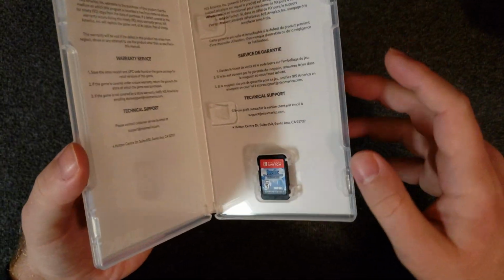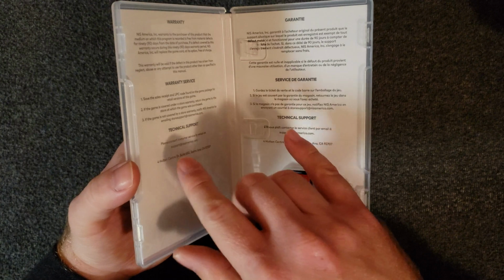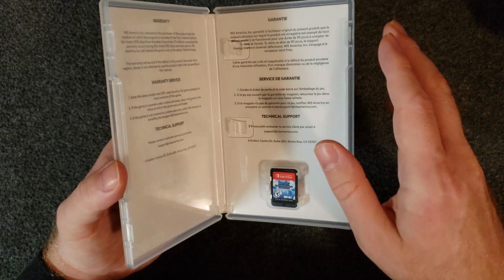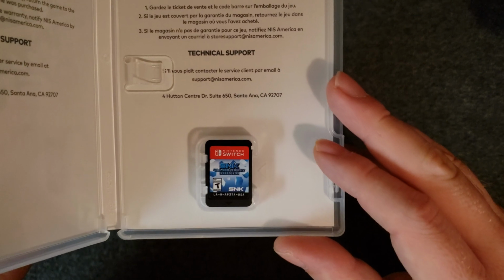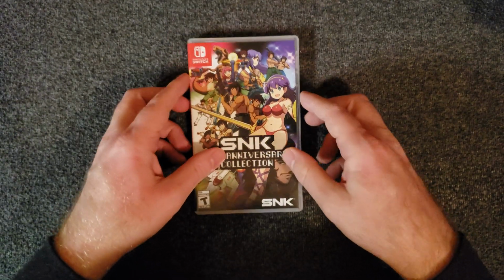Now we got the inside here. I do not like this warranty technical information on the inside art of games. I really can't stand that. It was the same way with Resident Evil 6 on the Xbox 360. Just not a fan, but just had to point that out. And of course there's a little card. So yeah, haven't played it, but I am very confident that this is a worthy purchase if you can get